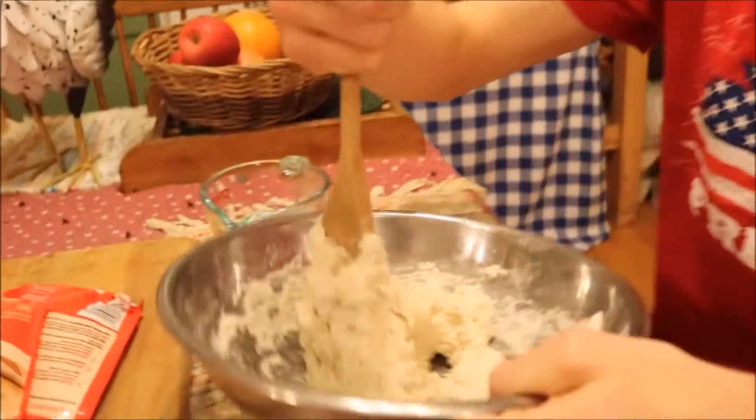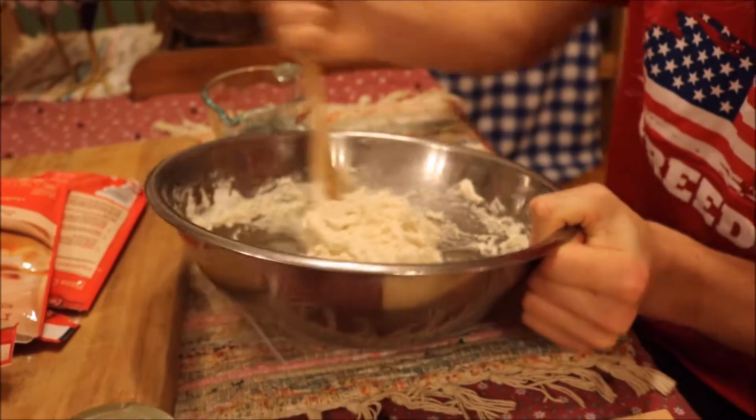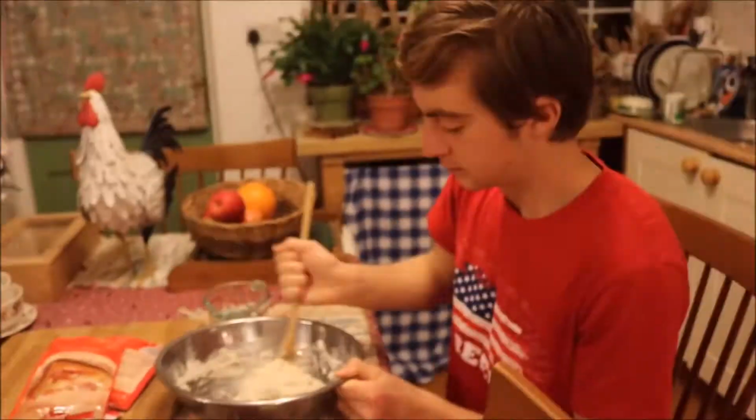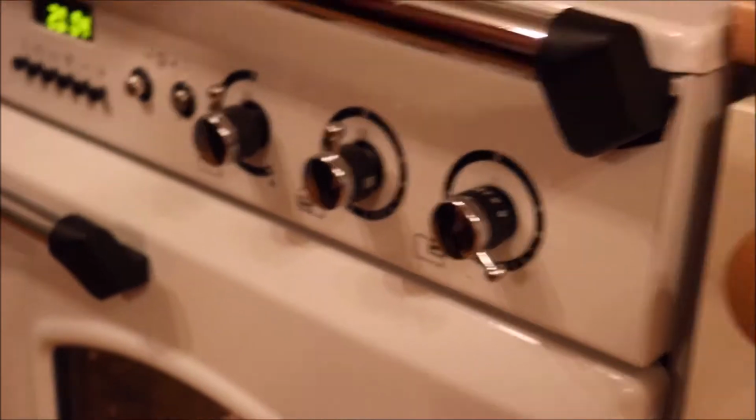So this is what we want our pizza dough to be looking like. All the powder is off the edges because it's wet enough to stick, and it's dry enough to still make a ball. Now we're going to preheat the oven to gas mark 6 or 400 degrees Fahrenheit if you're in